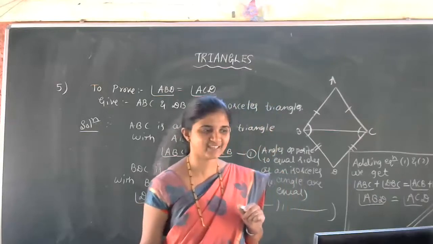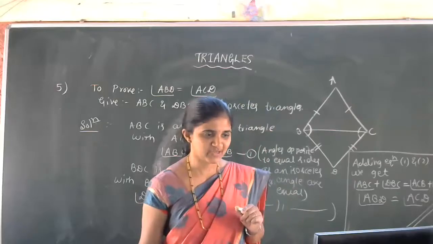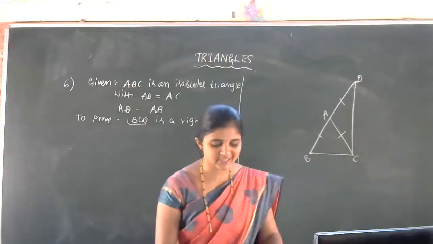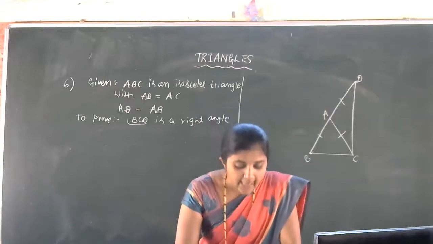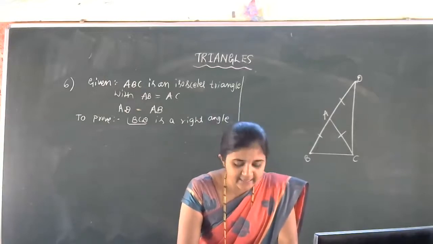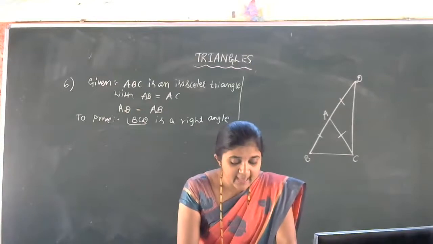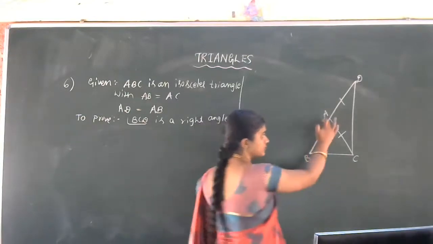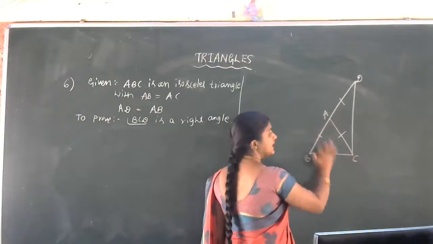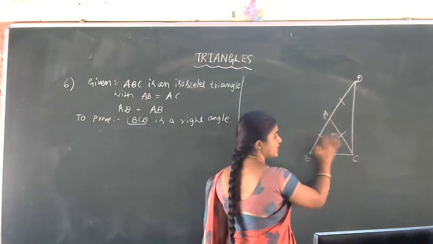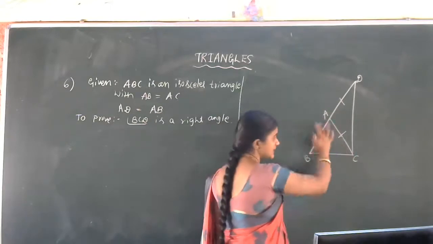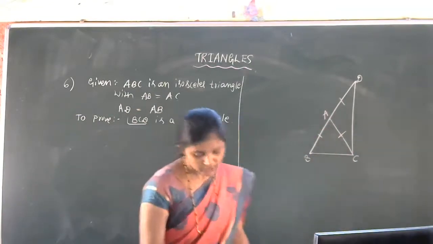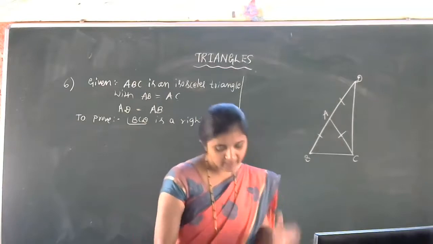Okay, what is given actually? AB is equal to AC is given. So from the given data we got the result that AB is equal to AC, which is equal to AD according to axiom 1. From this, we can conclude that triangle ACD is also an isosceles triangle, no? Two sides are equal.